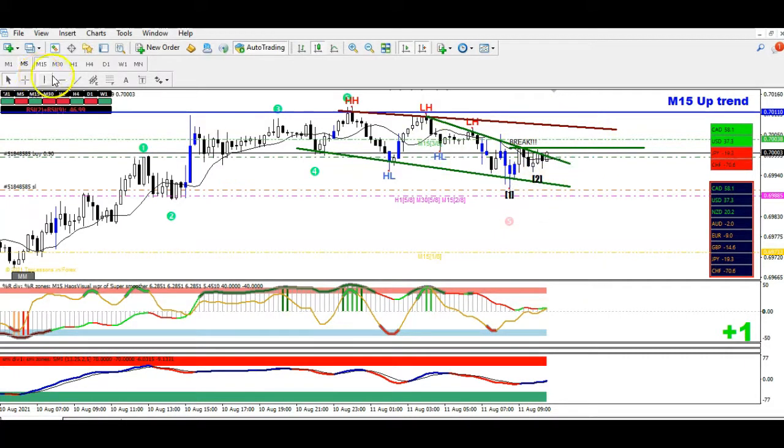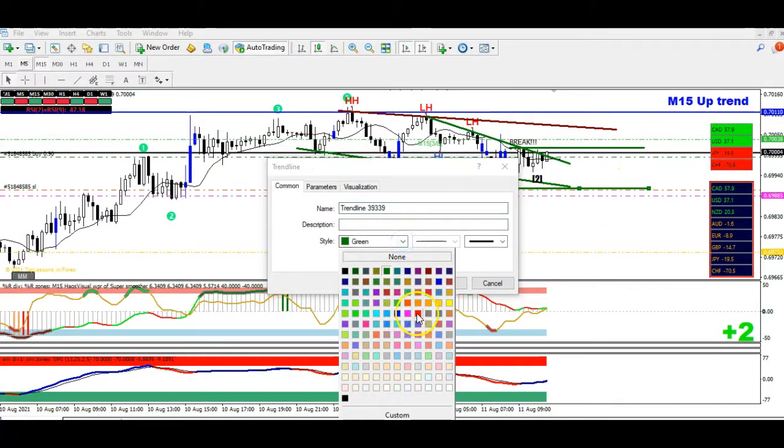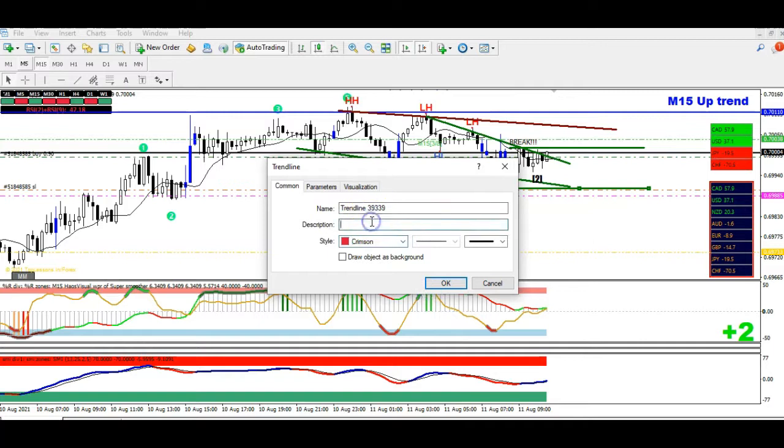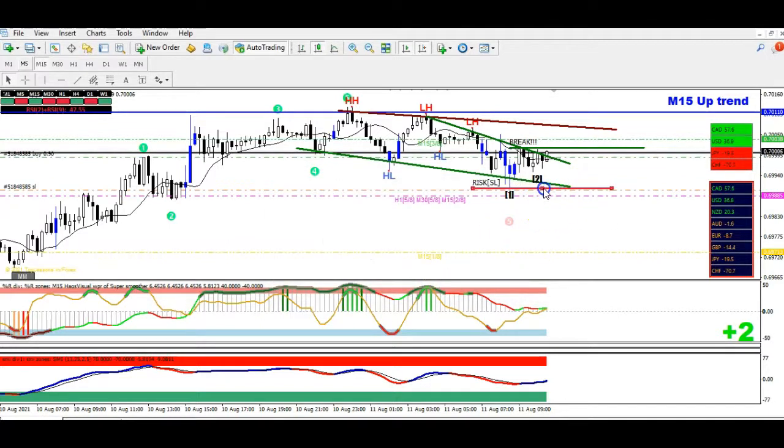Below here, ideally, you don't really want to be staying in the trade. Below this number 1 that I drew out here, that is our risk. Stop loss. That is your risk there, because this is a pattern that we trade regularly. This is a nice corrective wave. We can draw it as well. If you want me to draw it, I'll draw it here. This is a corrective pattern